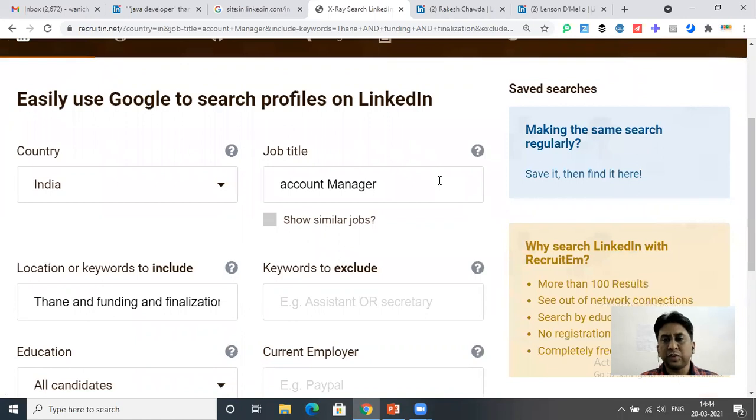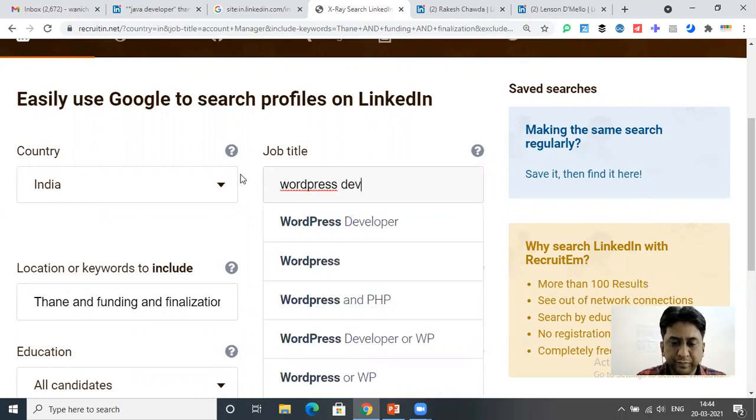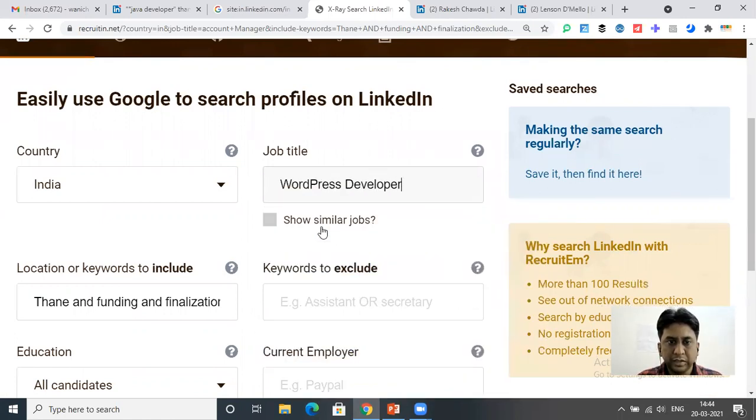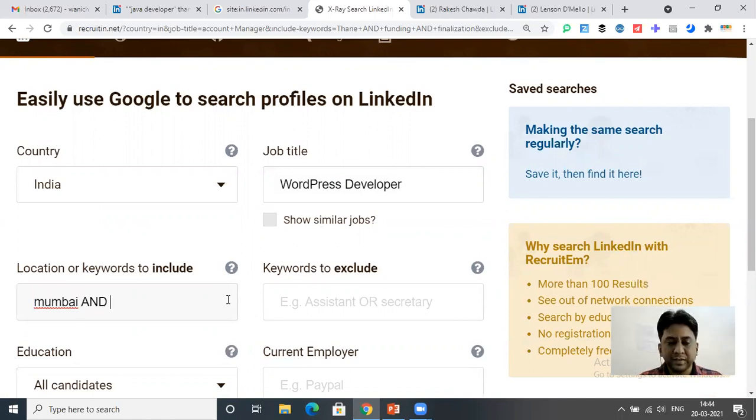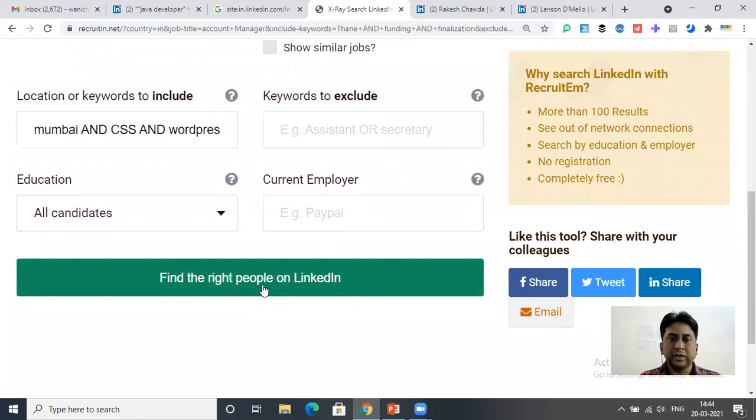Again, you can search for any developer. If I want a WordPress developer, I will write here keywords as say Mumbai. For WordPress, CSS is required, and WordPress itself is required, and you can use the word PHP for that WordPress, and then right.